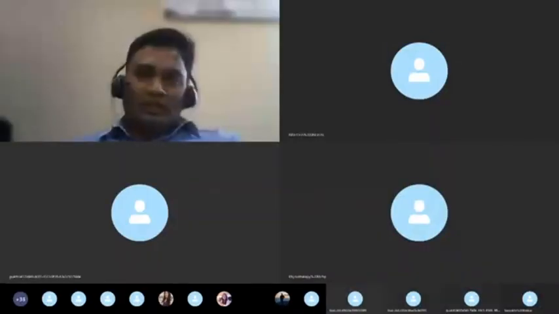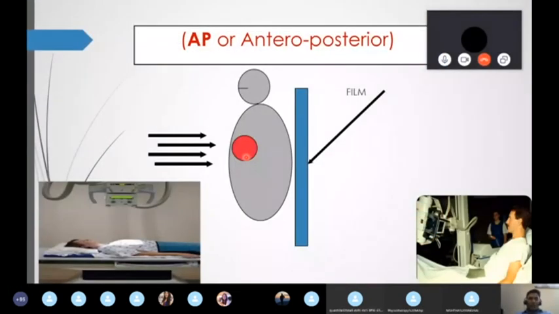What happens when the rays hit directly on the anterior surface? The structures located in the anterior become big. It looks very big. That means it is very simple to understand. Your heart looks very big, and the borders are not at all clear. That means magnification. You go to a light and keep your hand near the light. What happened? Your hand looks very big. Go far, and keep your hand there. What happened? Your hand looks very small and well defined.